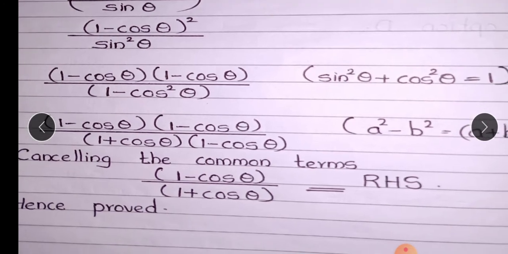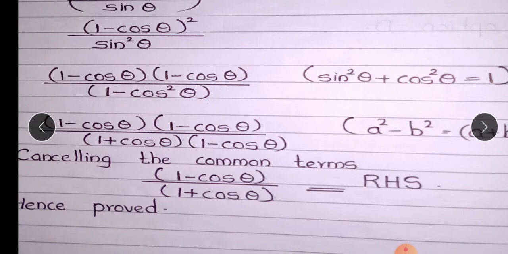Then what is (1 minus cos theta) the whole square? I can write it as (1 minus cos theta) into (1 minus cos theta). That is what you mean by (1 minus cos theta) the whole square. Students, do you remember any identity relating sine square theta? You know that sine square theta plus cos square theta is equal to 1. So, what is sine square theta? 1 minus cos square theta. So, instead of writing sine square theta, I can write 1 minus cos square theta.